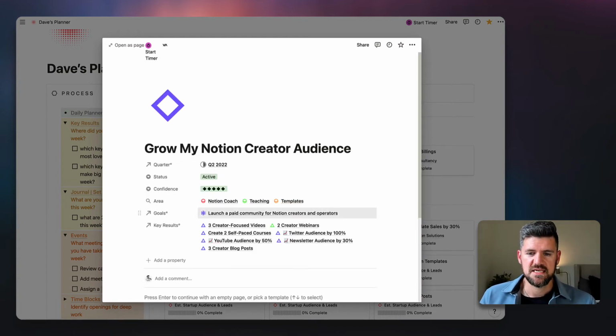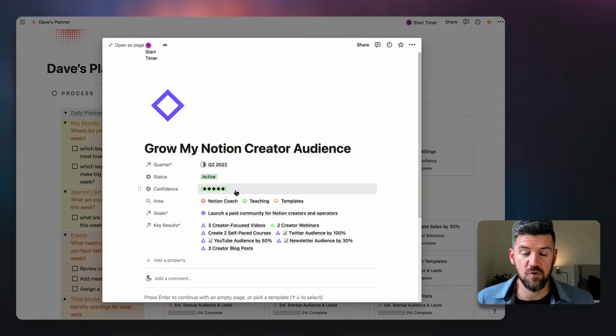We can see that this objective has certain key results tied to it, and bigger goals. So if we think of the goal as annual, and then we can see any areas that this is related to or corresponding to. And then confidence level, if you haven't checked out Christina Wodtke's book, Radical Focus, which really dives into objectives and key results and the whole framework, setting your confidence level and updating it over the course of the quarter, just to get a sense of the progress that you're making and how you're feeling about it, more from a qualitative standpoint.